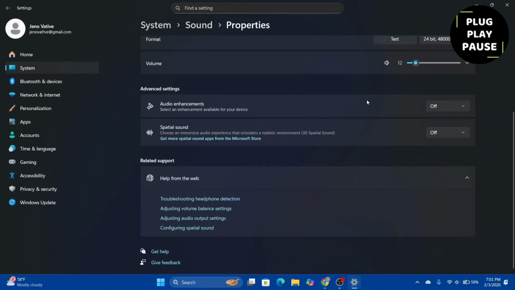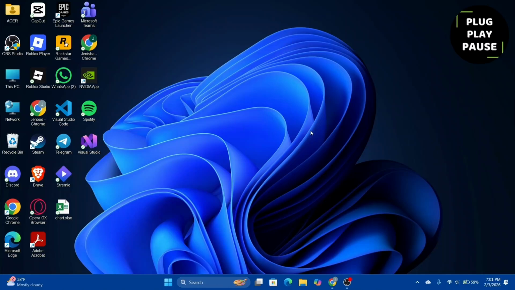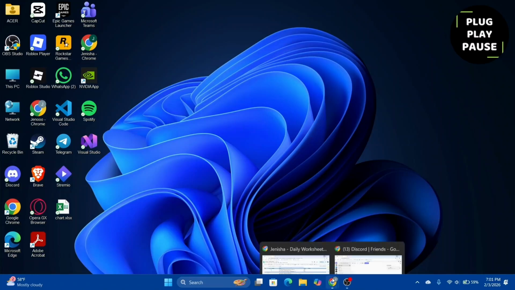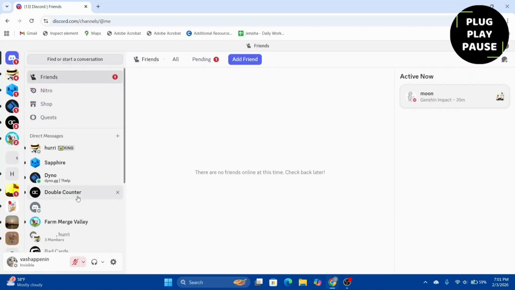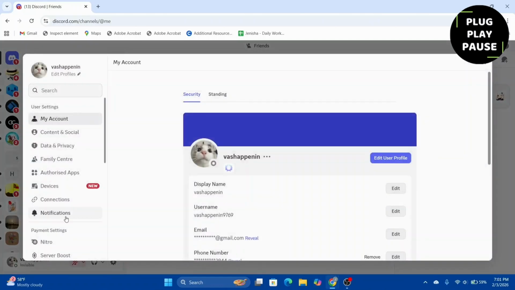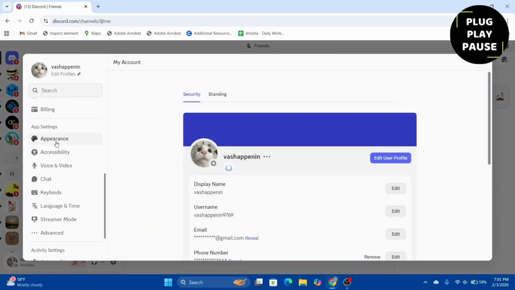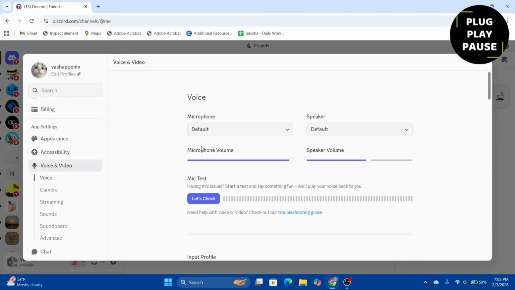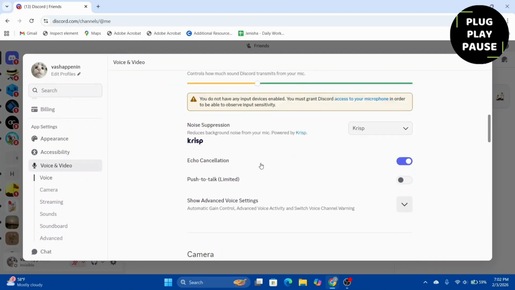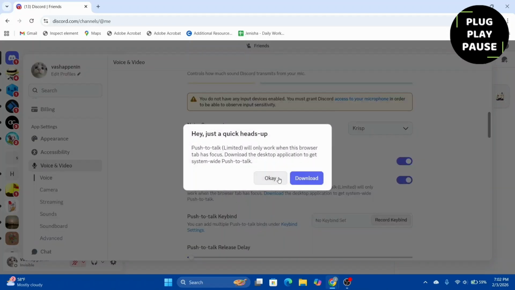And apart from that, what we can do is we can disable audio enhancement on our Discord itself. So go to Discord, and within Discord itself, go to your settings. Once again, head over to voice and video. And under voice and video, look out for echo cancellation option and turn this option off. Apart from that, look out for noise suppression as well and turn that option off as well. And for automatic gain control also, you can just go over and turn it off